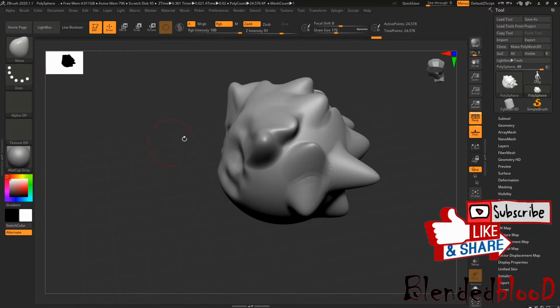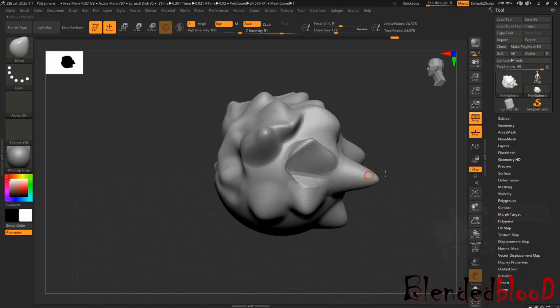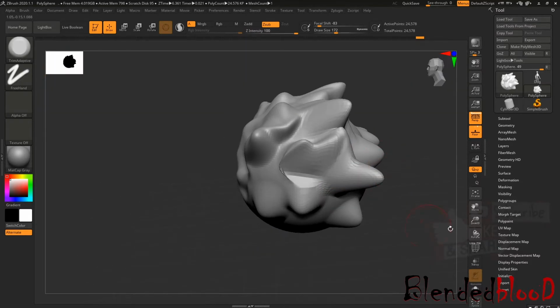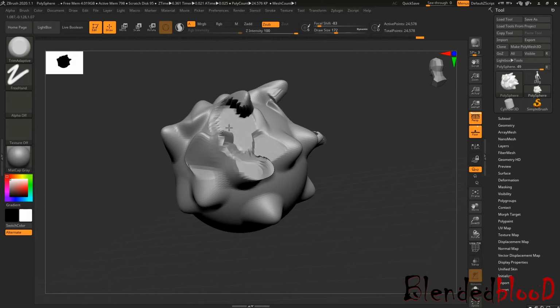Back to the brush. The move tool will pinch or pull your mesh according to your requirement. Okay, come to the brush again. For example, Trim Dynamic. I just click on this, and this brush is used for trim.